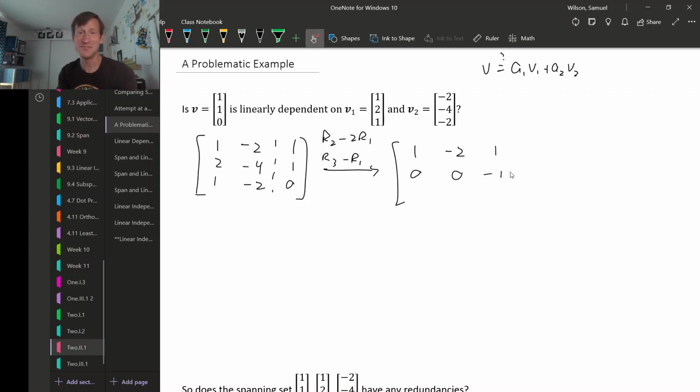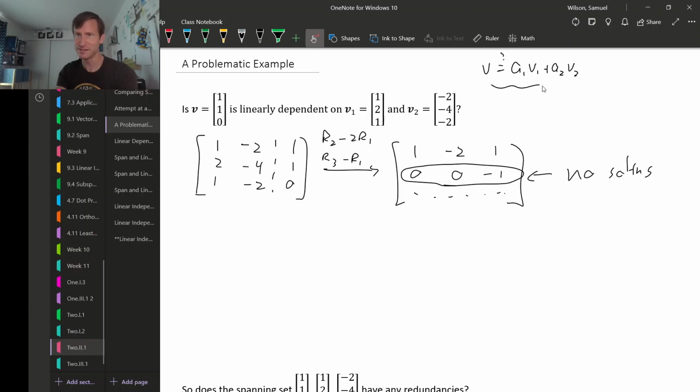And then, in fact, we can stop right here, right? This row showing up in an augmented matrix for a non-homogeneous linear system means that there won't be any solutions. So it doesn't even matter what this last row turns into, right? This is representing an inconsistent equation. So there are no solutions